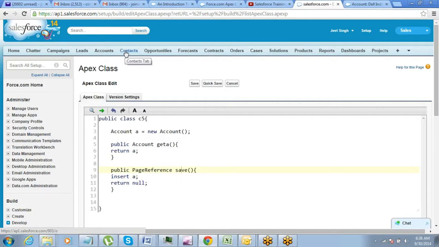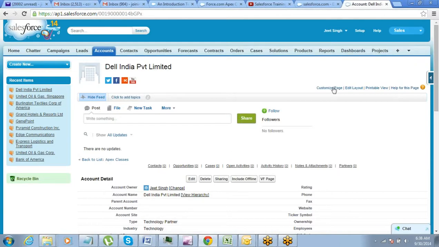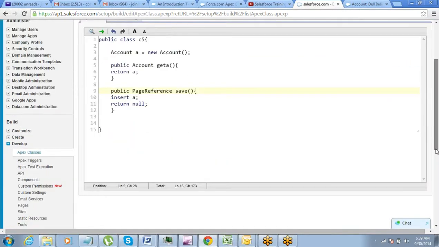No, right? So in that case, he might need a small form available, maybe here in a smaller section. We'll see how to put that inside this using a controller extension. So that kind of requirement he can have: okay, fine, a new contact creation small form I need here. So a small Visualforce page kind of thing. Embedded, we have talked about embedding the Visualforce page inside the actual page. So this can be a quick requirement. So insert operations can be done or updating can be done from there.